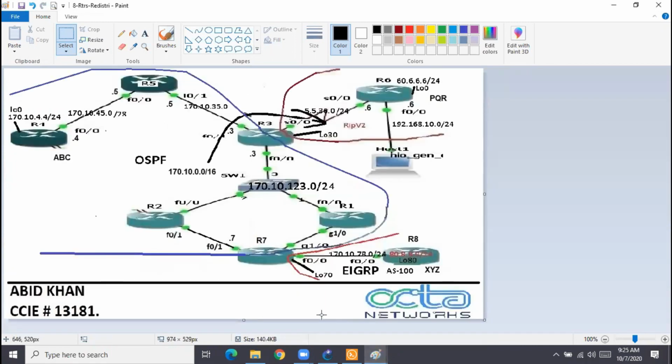Always think with a specific scenario. If you change the scenario, then the solution will also change. If I say filter, if you see, I said R8 does not want this route. So only think from the R8 point, focus like that. We'll see something later that is different. You should have patience. Everything they'll show you.